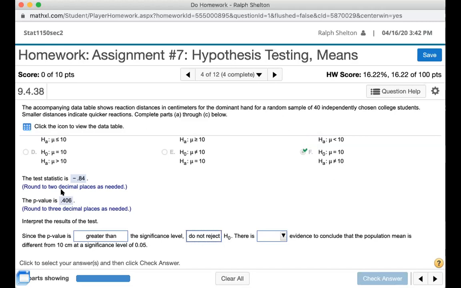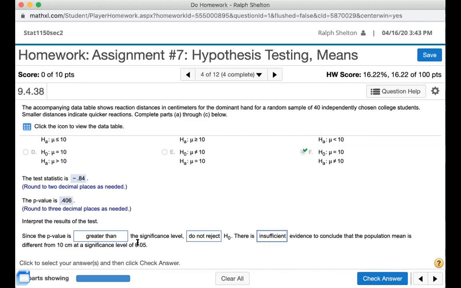So you cannot reject it, okay? And here, so we do not reject, so there is going to be insufficient evidence to conclude that the mean is different from 10, from the null value. So we don't have sufficient statistical evidence to reject it, okay,